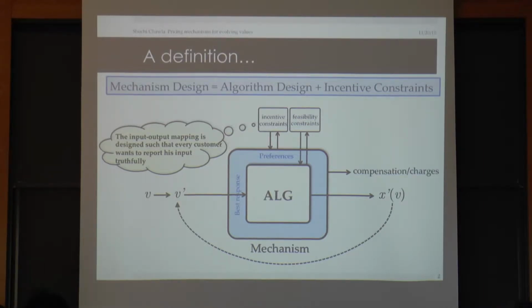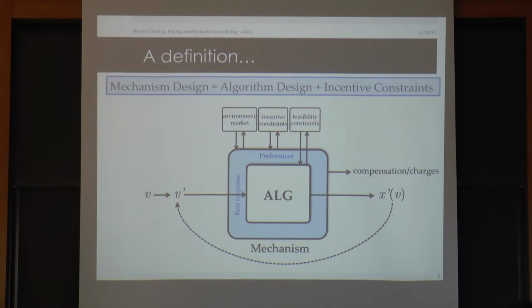And the mechanism can achieve this by potentially changing how the input is mapped to the output. So instead of the optimal, we might want to do something different. And in addition, we sometimes allow the mechanism to compensate people or to charge people and use these payment transfers to modify the incentives of the participants. Okay. In addition, in some situations,